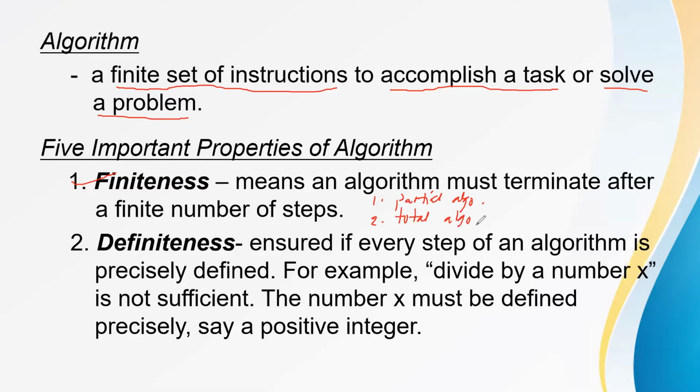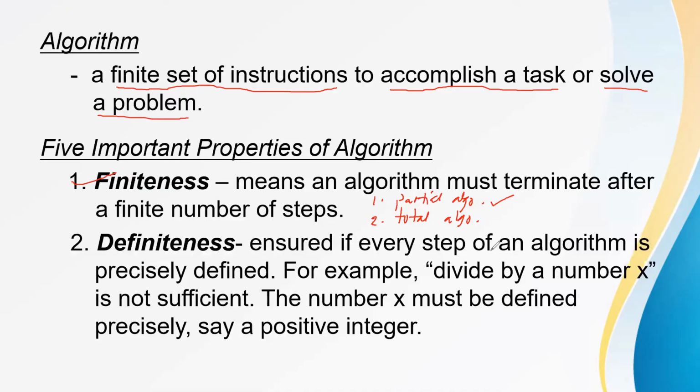algorithm, okay? Recall that partial algorithms are those algorithms whose programs are intended to run 24/7, like those online airline ticketing, or airline seat reservation, or online shopping like Lazada, Shopee, right? They run 24/7, so that anytime you would like to buy a ticket or shop online, then you can do